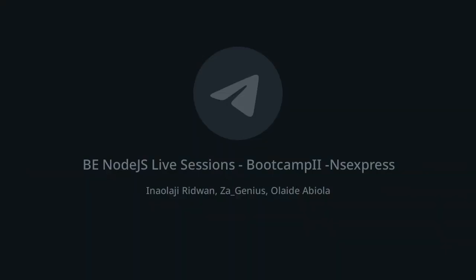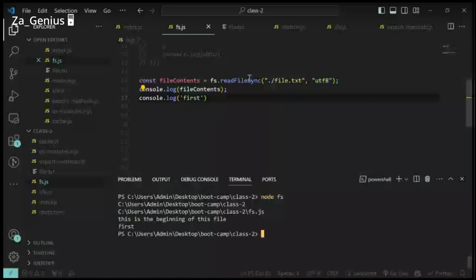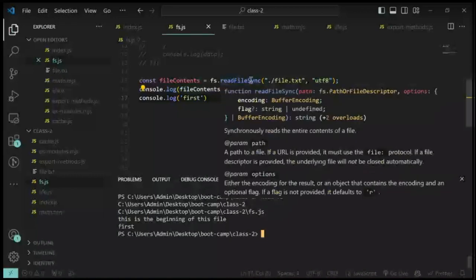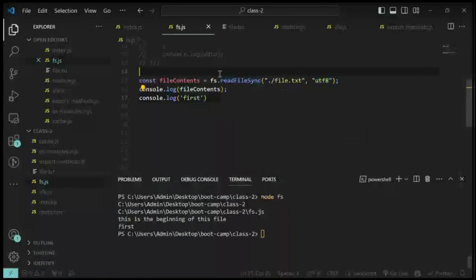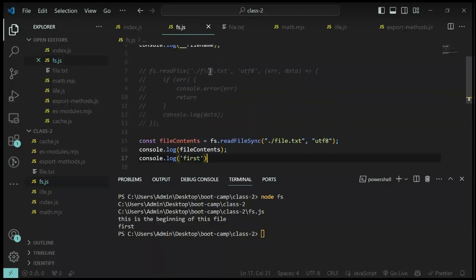Now, this operation, like I said, file reading is a very expensive and very large operation, which Node.js handles using the benefit of C++ to give us that functionality. Our console log is a very basic operation that you would prefer to run without waiting for this larger operation. We'll probably look at this when we discuss the event loop. So you prefer it to run before waiting for this operation. Now let's look at this